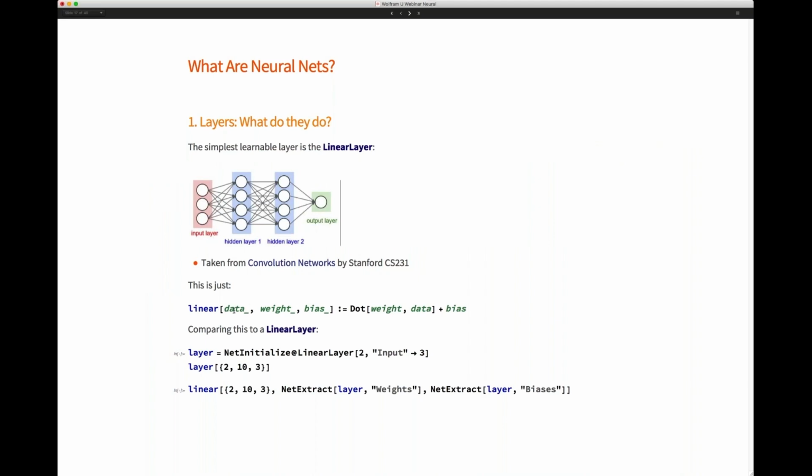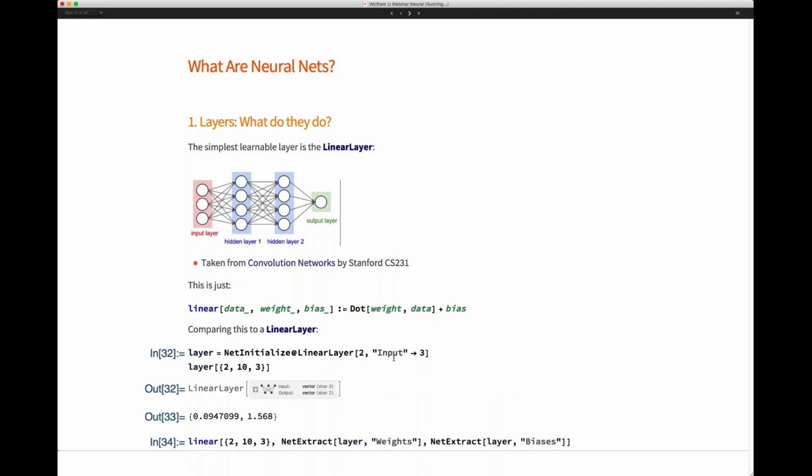The Mathematica equivalent of that will be this. You're just dot producting the weight and the data, and then you're adding some bias term. So the data is some sort of vector, and the weight is a matrix. So basically what this layer is doing, and we can just verify that it is actually the same. We can extract the actual weights. Oh dear, what's going on there? Oh, sorry, I didn't initialize that, there we go. Okay, so